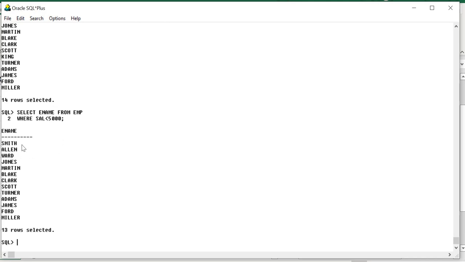Now let us see: Smith, Allen, Ward, Jones, Martin, Blake, Clark, Scott. If we check all these employees, the salary is less than 5000. Actually there are 14 rows in our table, and here we got 13. Let us see.